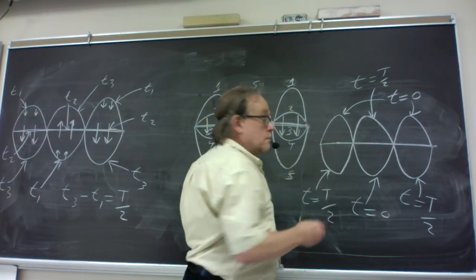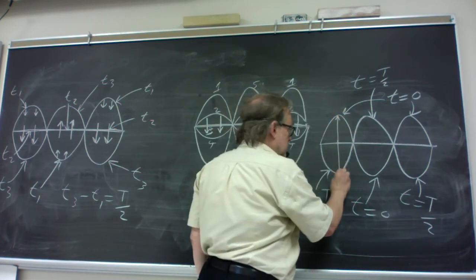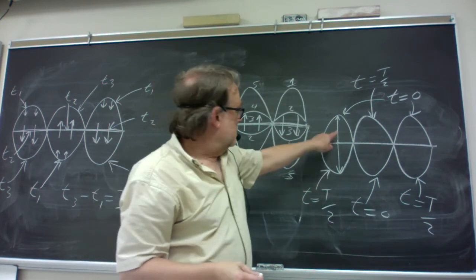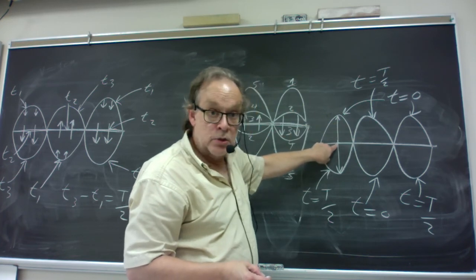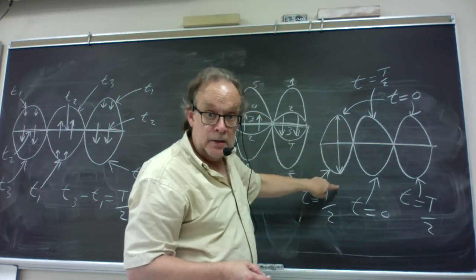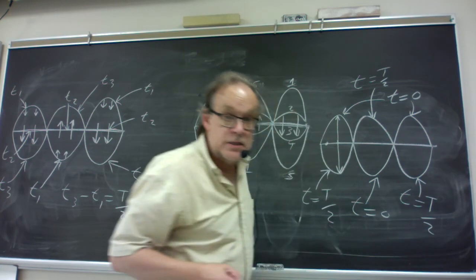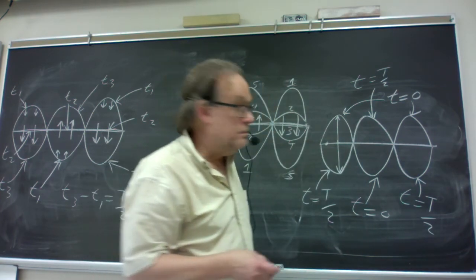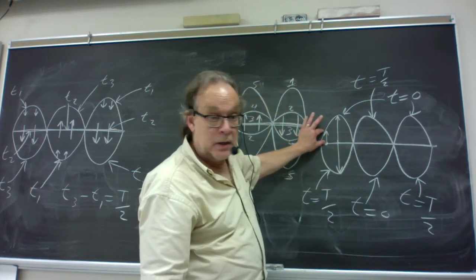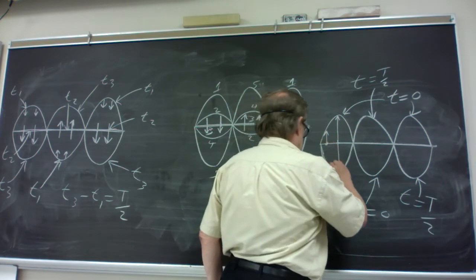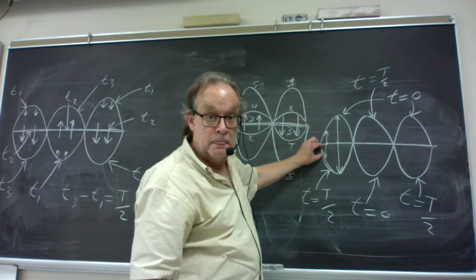A point right here would oscillate this far on one side and then equally far on the other. This is the maximum distance away from equilibrium on the positive side for a little mass that would ordinarily sit in equilibrium here. And this is the maximum displacement on the negative side for that little bit of mass. But a little bit of mass that would be sitting at equilibrium there goes only this far. That's its maximum displacement on the positive side. And then there's its maximum displacement on the negative side. Much smaller